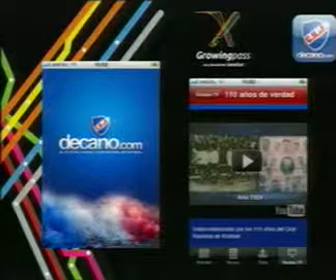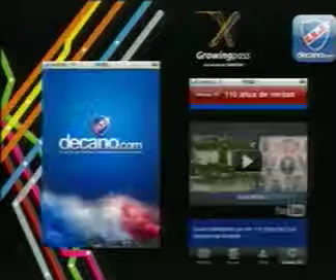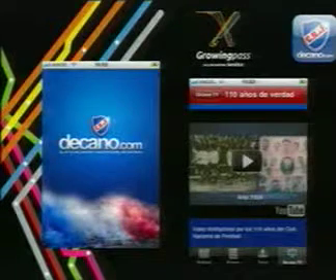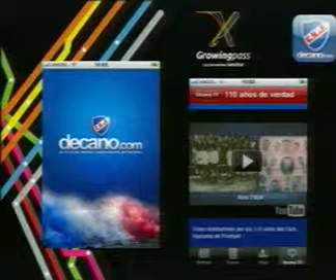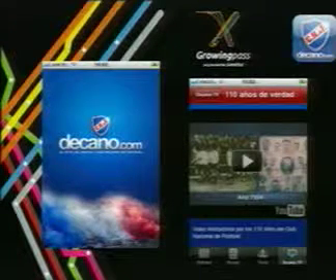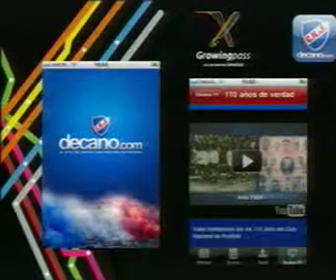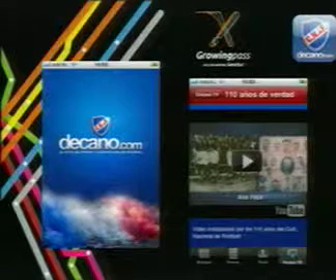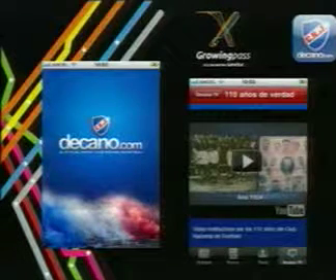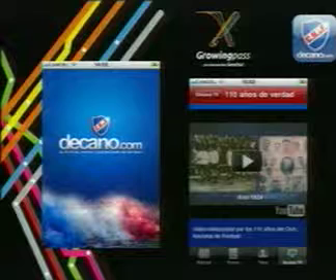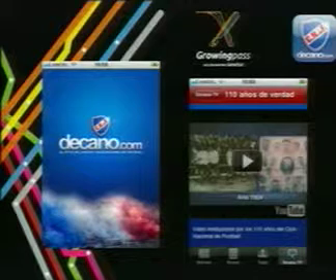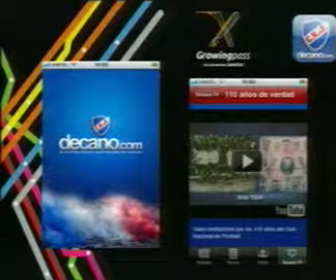Decano.com has news from the Nacional soccer club, and you can read all the comments posted by fans. You discuss what the match was like, how your team played, if we lose, which doesn't happen very often. Before doing this, I talked to the people from Decano.com and asked them, are you interested in having an application for an iPhone? They answered, we have no money for this. I said, don't worry, it will be given for free, because I'm a fan of this club. So they said, go ahead, and we started doing this.